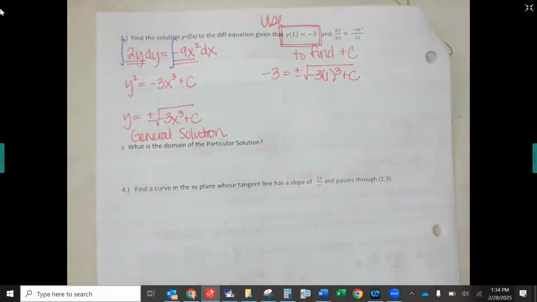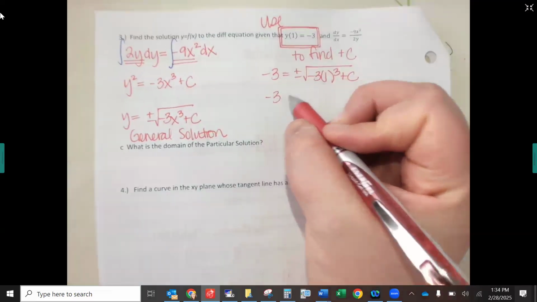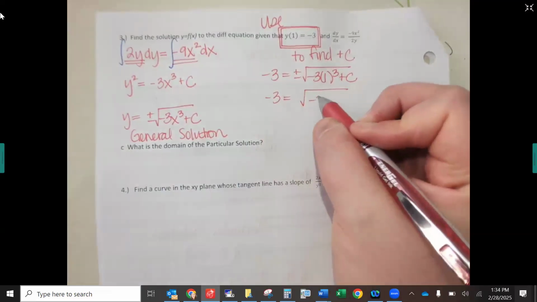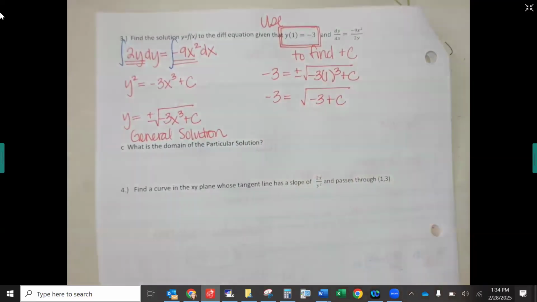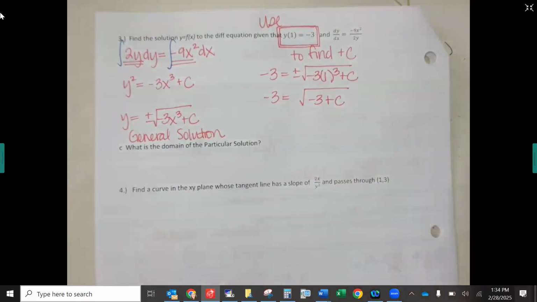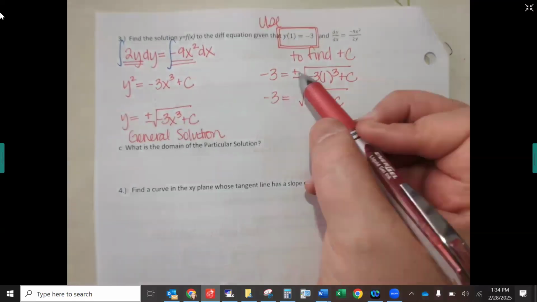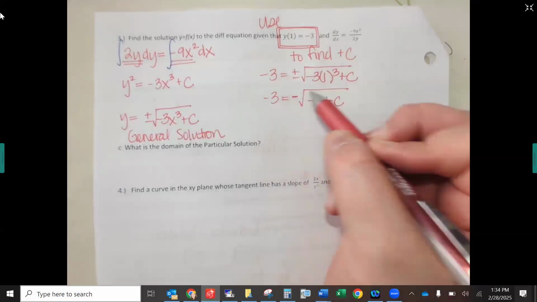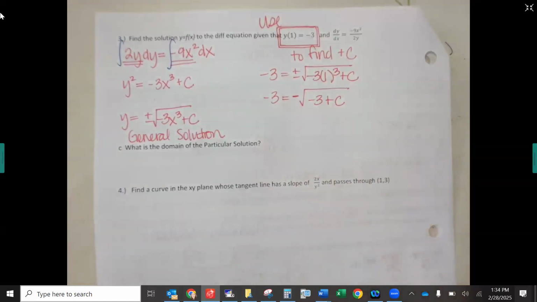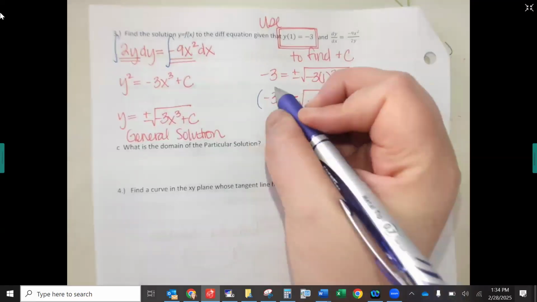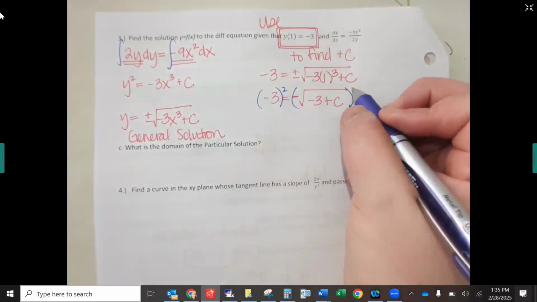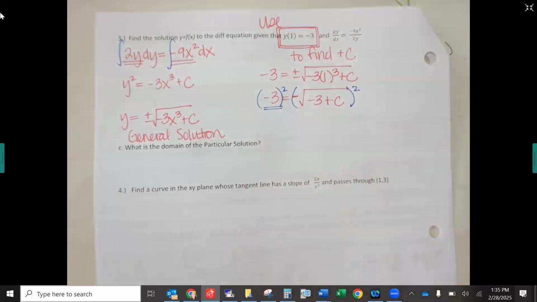Okay, in the parentheses, 1 cubed is going to stay a 1, but then times that -3, it's going to stay a -3 plus C. On the outside, what am I choosing, the plus or the minus, to match my y value? If I have a minus over here, I need a minus over here. Then to get rid of this square root, I'm going to do what? Square both sides. -3 squared means -3 times -3, which is